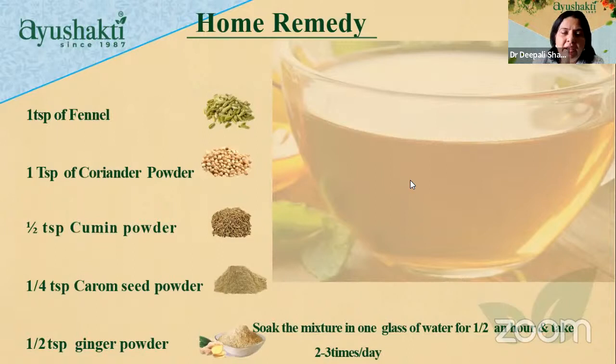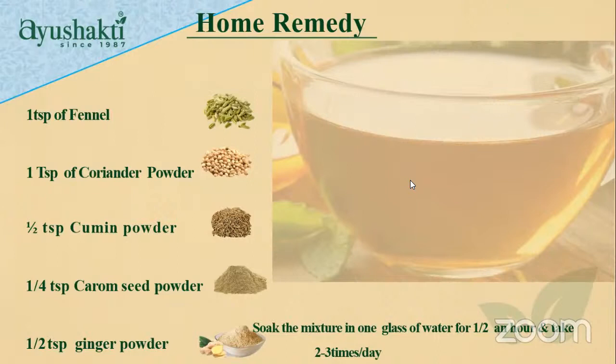1 teaspoon fennel, 1 teaspoon coriander powder, half a teaspoon cumin powder, quarter teaspoon carom seed powder, and half a teaspoon ginger powder. Soak the mixture in 1 glass of water for half an hour and take it 2-3 times a day. Now, here I want to specify who has a plain acidity, meaning